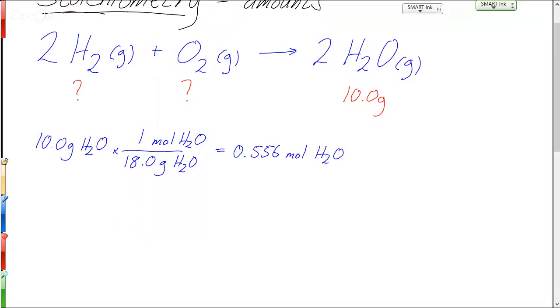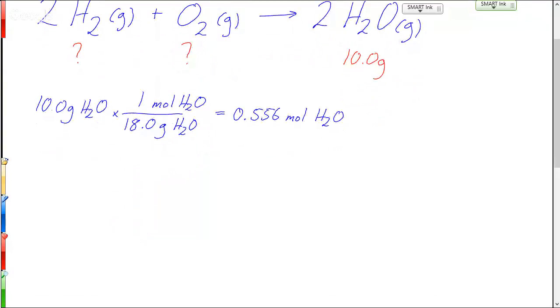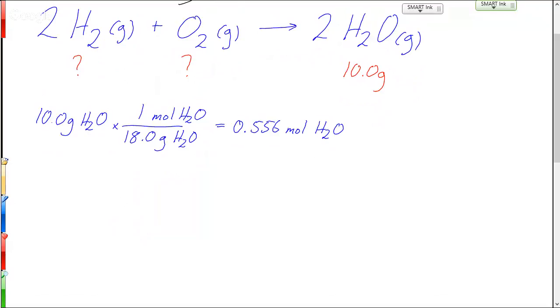So now we know how many moles of water we need for this particular reaction. Once we know how many moles we need, we can figure out how many moles of the other things we need, because of the mole ratio from the equation. So we know every 2 molecules of water that we make, we need 2 molecules of hydrogen and 1 molecule of oxygen. If we want to do that mathematically,